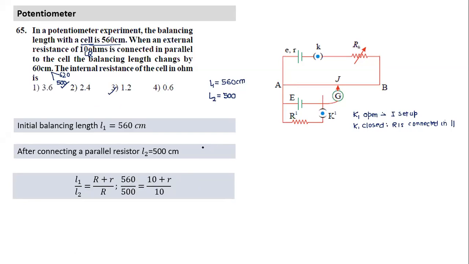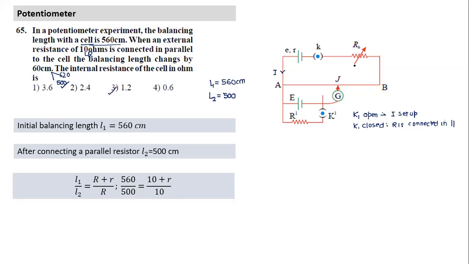So if you notice, what we have done so far is a basic principle understanding of a potentiometer. The understanding is that as long as the current remains constant, the potential gradient stays constant. The potential gradient can be altered by changing this resistance here. So during the first setup and second setup, do we keep this RH the same, or do we change the RH? What will happen if we change this RH after the first setup?